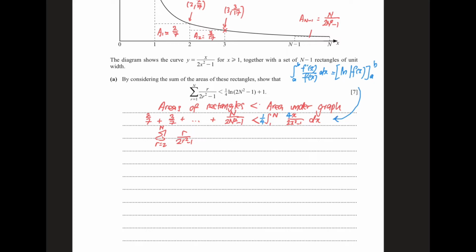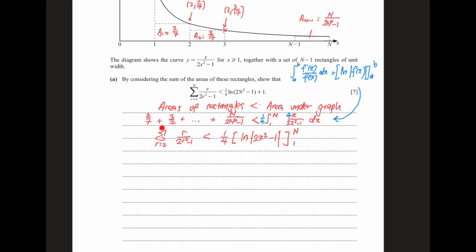So now let's continue with the integration. 1 over 4 remains, then the integration will be ln modulus 2x squared minus 1 modulus again, and then put the limit 1 to n. Now let's continue. On the left hand side, our running index here